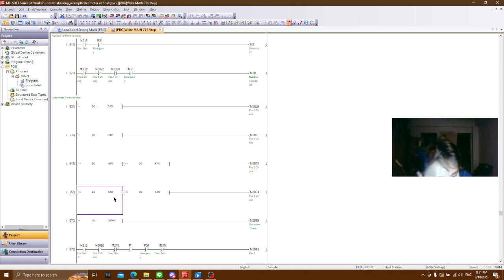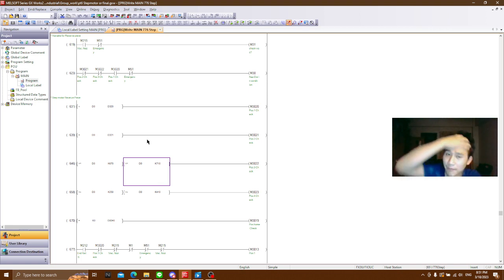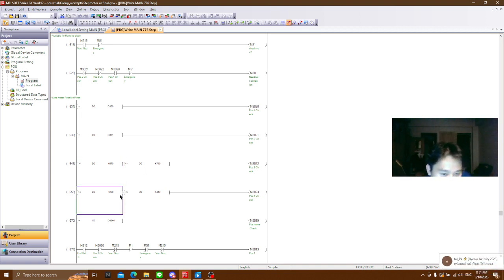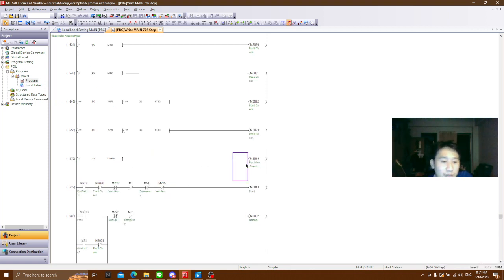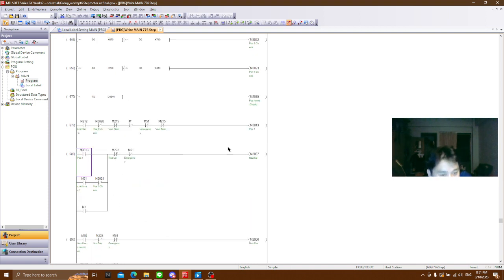We have to create a range because of the motor. When we send the absolute position to it, it will have a little bit of error, like plus or minus 10 or 20. So we have to create a range. And also, when the NVL sensor is on, it goes to position 1. And then if position 1 is on,